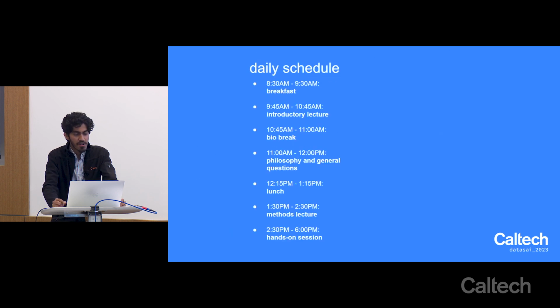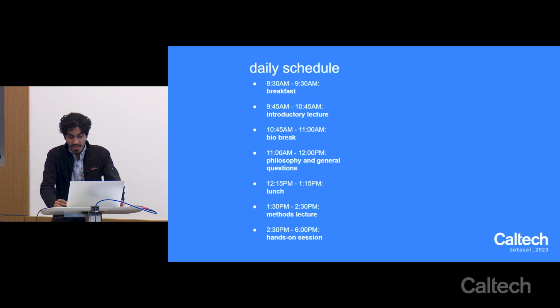OK. So some information on the daily schedule. As Ralph already emphasized, every day we're going to follow this pipeline where we have breakfast in the morning, followed by a 1-hour lecture. We're going to have a 15-minute break, followed by a philosophy and general question session. Our idea for this philosophy session, as you saw today, is to keep it really casual, give you a chance to ask anything, especially some things that may be more controversial in certain fields. In the past, we've talked about debates like, do you need manifolds to understand neuroscience? Do you need nonlinear techniques and stuff like that? So we hope that it's going to be lively and also keep it very topical to the kind of problems that people care about today.